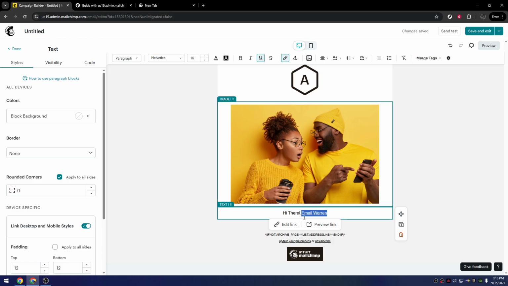And there you have it, a simple yet effective way to enhance your email campaigns with interactive links, ensuring you stay connected with